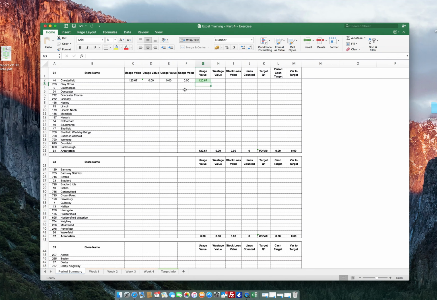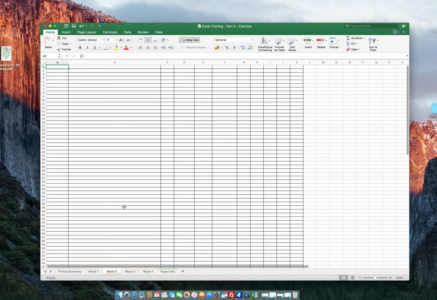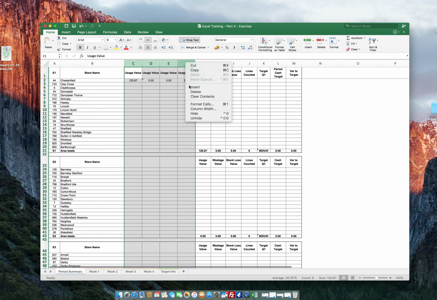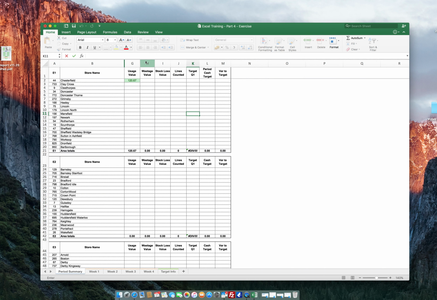And we get the value. So when we put week 2 into this cell, in this table, it will pull the week 2 data to there, and then add it up. But we don't need to see that, so we're going to hide it, like so. Then we can do the same for the wastage, except we can do it a lot quicker because